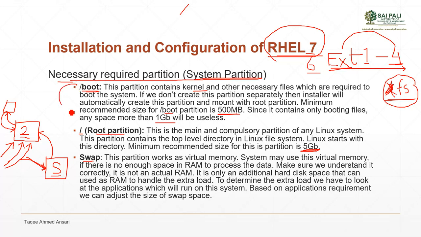So these three partitions are necessary and you have to have these three partitions. And when I am talking about partitions, that means these are directories. This is a system file, and those partitions which we create for these will be mounted on these things. Like one partition will be mounted on boot, one partition will be mounted on root, and one partition will be mounted on this file. It is a file. And that is what we have to have compulsory.